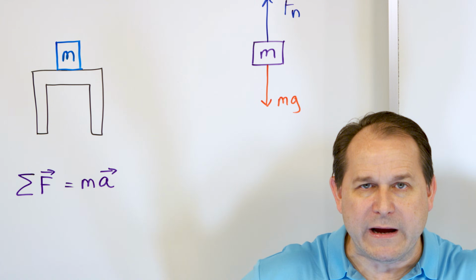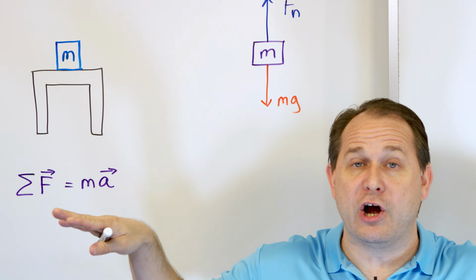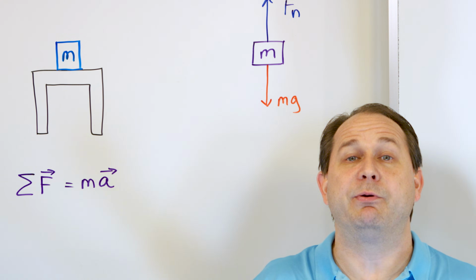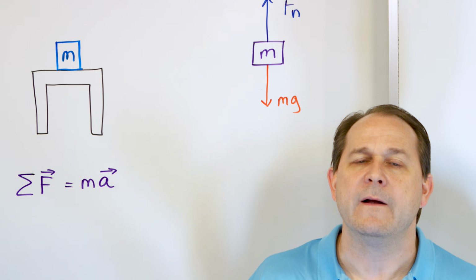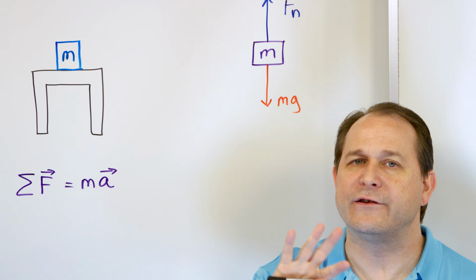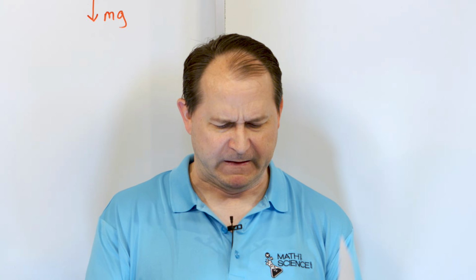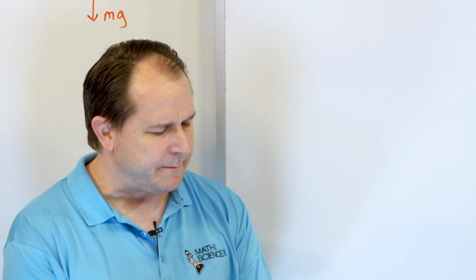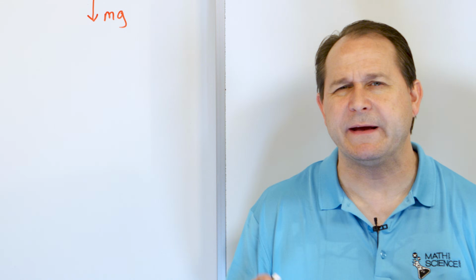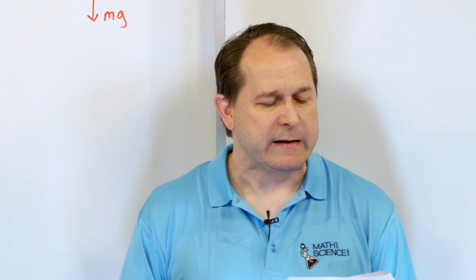If I'm flapping my wings, my hand is pushing on the air, and then the air is pushing on my hand. They act on different things. So because action-reaction pairs act on different objects, they can never appear in the same free body diagram. All right, now let's jump ahead and do something a little more complex than this one,